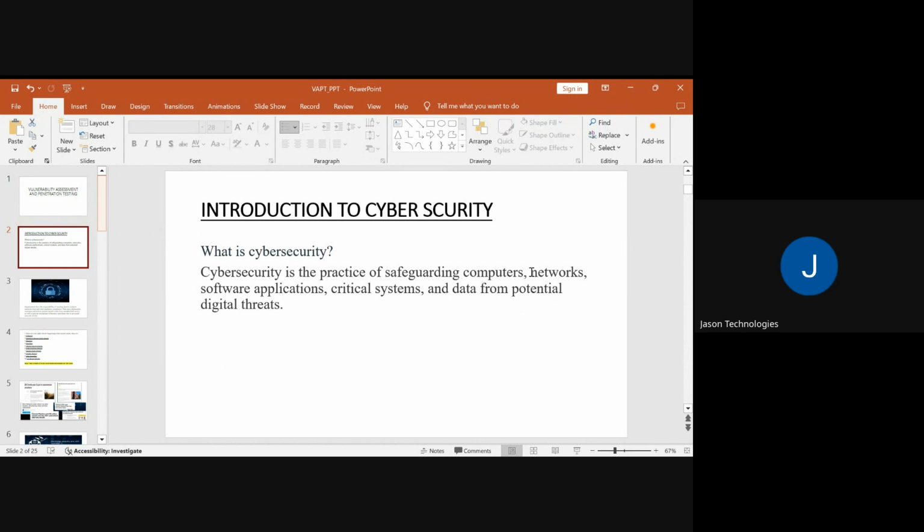Here, critical systems means, let's say for example, when an administrator is using some sort of system in an organization, he has some credentials like admin and the password 123. So if those credentials